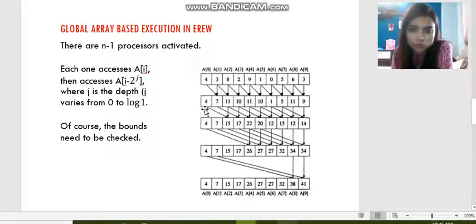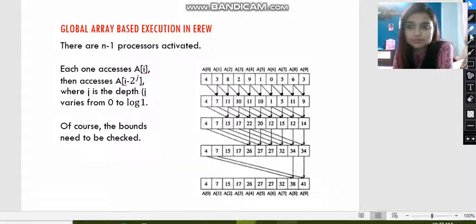Let's see, we have to add the first value and the third value, and we will store the value at A2. 4 plus 11 we will get 15, and we will store it at A2. Now see, A1 plus A3 will get added here.